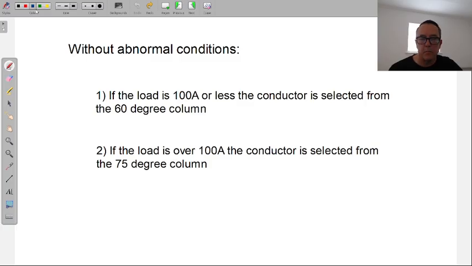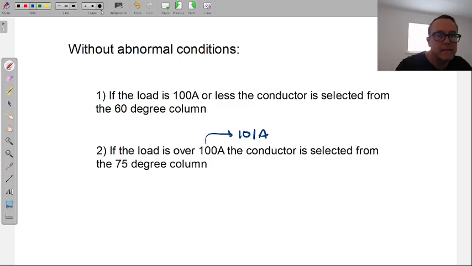I figured out the number 8s because they are going to, let's say, a 50, 60 amp circuit, and that's in the 60-degree column where I picked the wire from. So that's how it reads. If the load is 100 amps or less, remember, 100 amps or less, the conductor is selected from the 60-degree column, and if the load is over 100 amps, and just a side note, which I always like to remind you, it's 101, or technically 100.5, but let's not get too technical, the conductor is selected now from the 75-degree column.